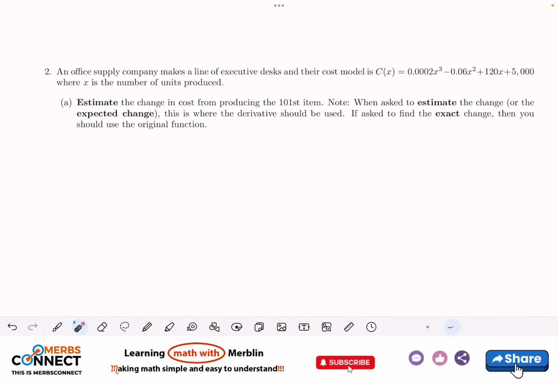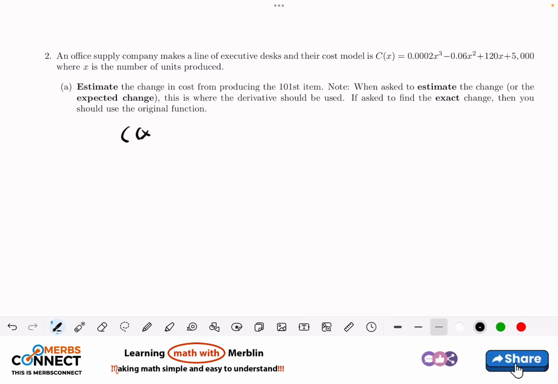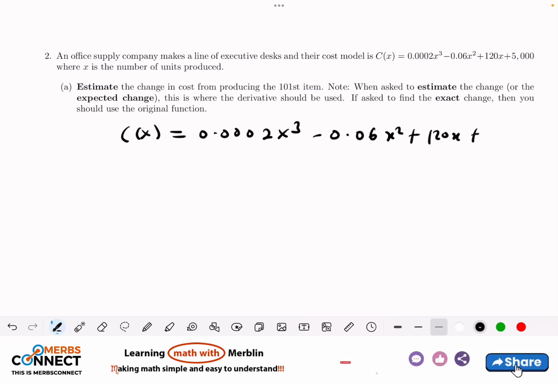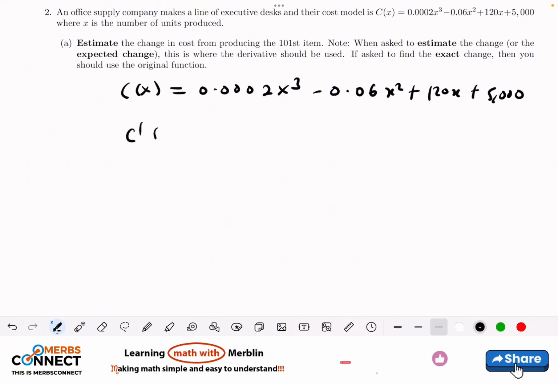So now this one, since we want to estimate the change in cost, we are just going to pick the function, which is 0.0002 x to the power 3 minus 0.06 x squared plus 120 x plus 5000. Then we differentiate. So C prime of this is going to be, so now we are going to differentiate x